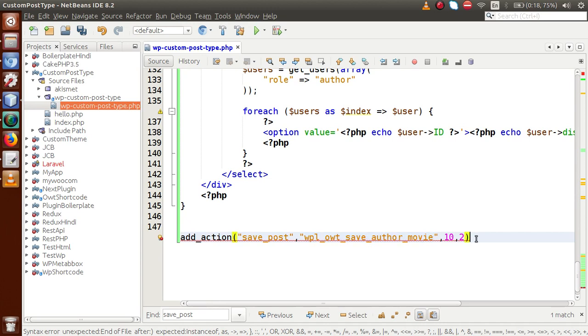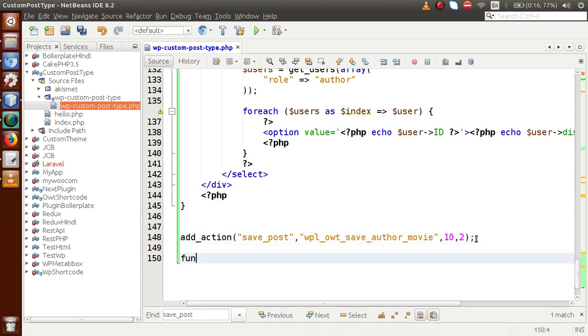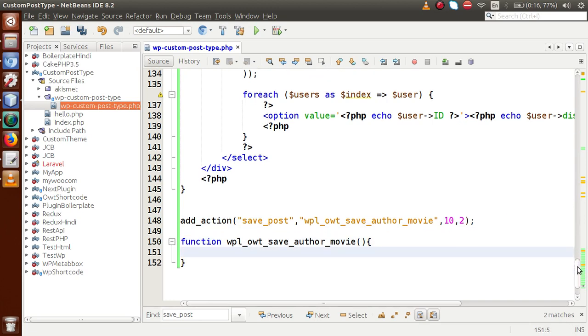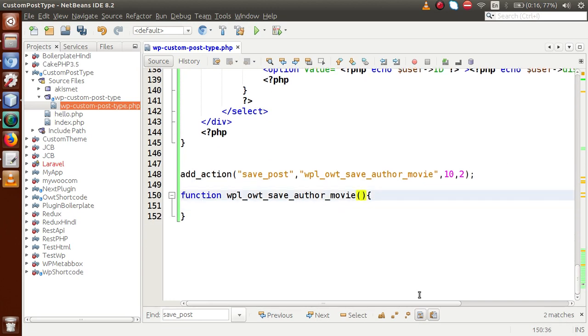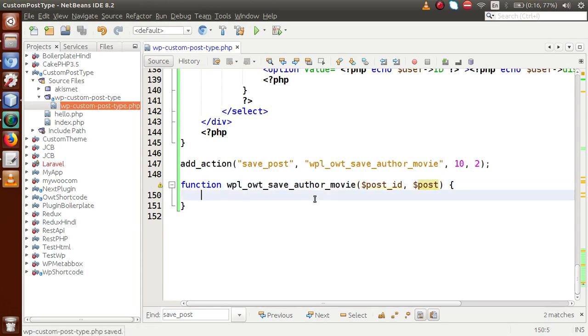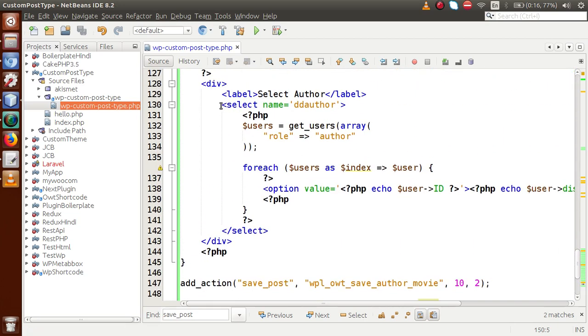So just make a copy of this callback function and let's define that function. We have to pass two parameters inside this function: the first parameter is the post ID, and the second parameter is the post. Inside this callback function, we want to retrieve the user information when the user selects that movie, and we have to save this author inside our database table. So if I copy this dd author,